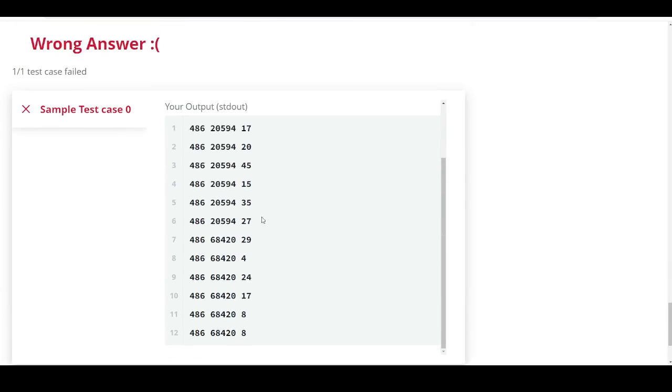Yeah, so now as you can see, this 486 hacker ID has made these submissions, right? But the challenge ID is unique. The two challenge IDs are unique, that is 20594 and this 68420. And now for this challenge ID, that is 20594, it has made